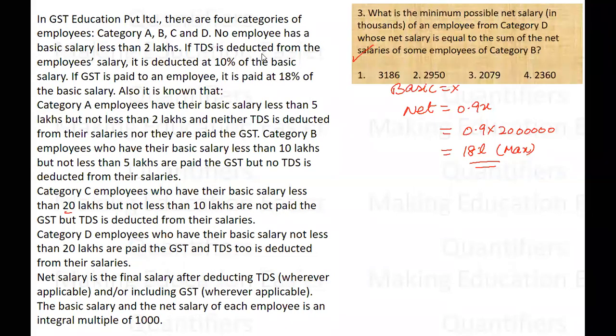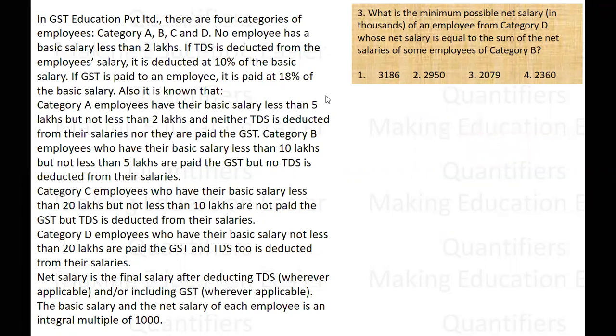Now in this next question, it says what is the minimum possible net salary of an employee from category D whose net salary is equal to the sum of the net salaries of some employees of category B. Now for this question, we know that in the category B, if the basic salary is X,